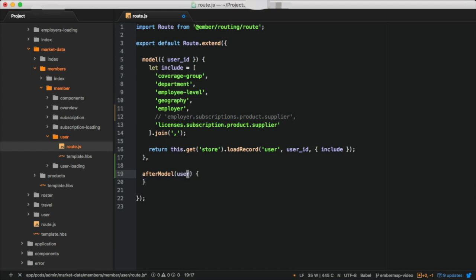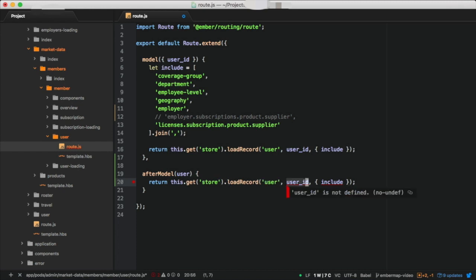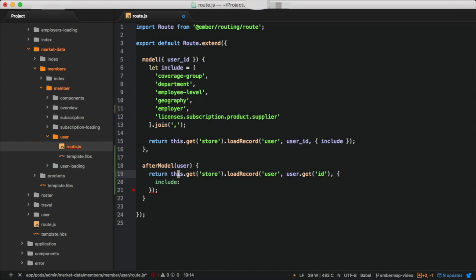We'll have the user that was returned from the model hook. And basically what we want to do is rerun this query: get store, load record user, and we'll get user.getID. And then include will be simple. We'll just grab this string right up here